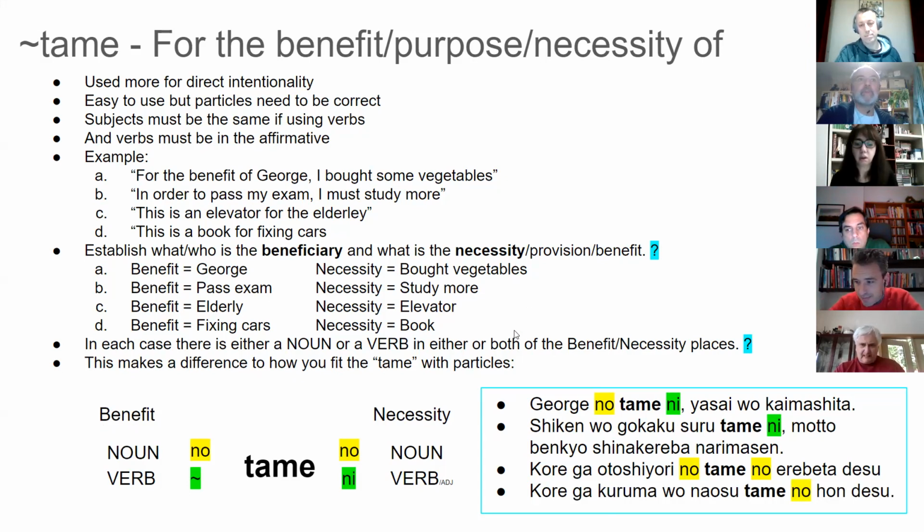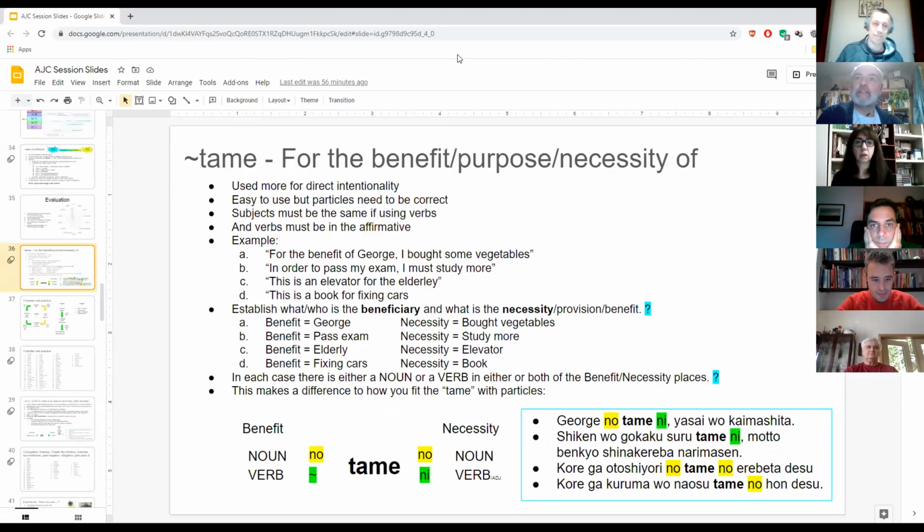Excellent. Right. Any questions, guys, before we try some exercises? So I'm going to give a little caveat before we start the exercises. Since first making this lesson and making the questions for it, I've learned a bit more about tameni and yoni. So some of these might be more appropriate to have as yoni. We'll just have to work together on this to get it to be correct.